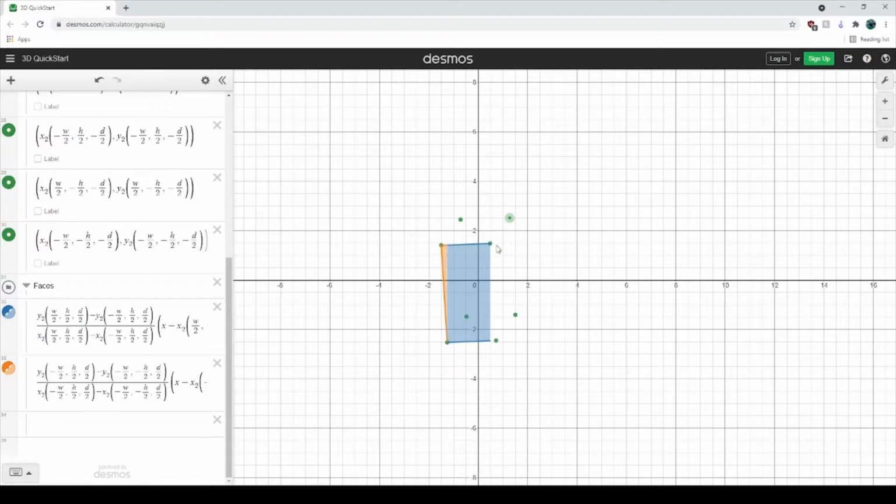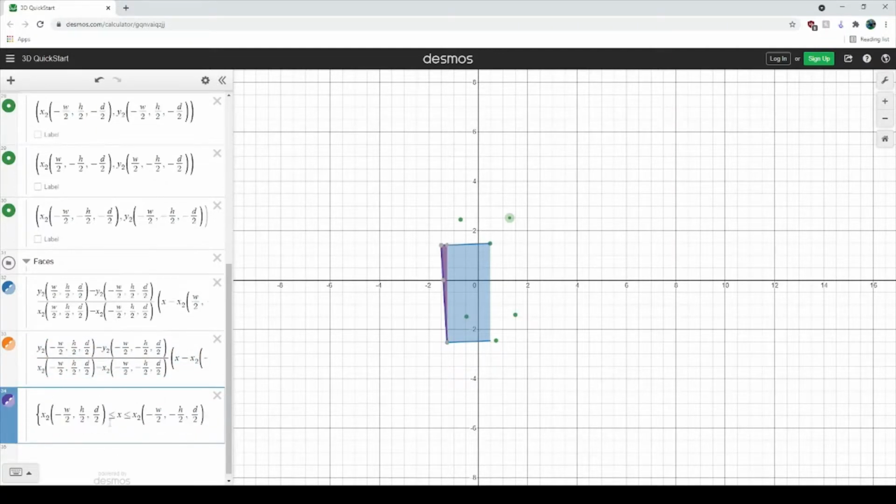And good news actually to save you some work is because this line is parallel with this line here, and this line here is going to be parallel with what's going to be this line here. We use the same inequality, and we'll select everything in this box here. Do Control A to select everything, and you can do your usual Control C and Control V. All right, and